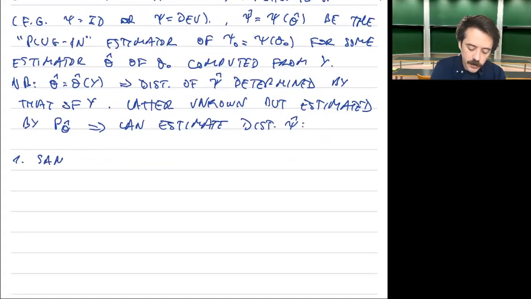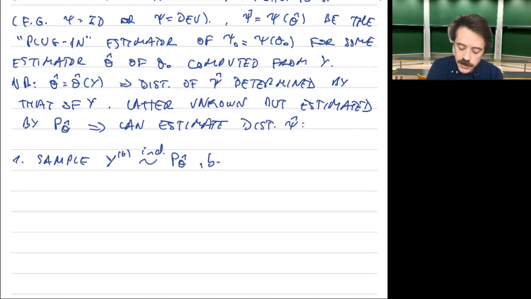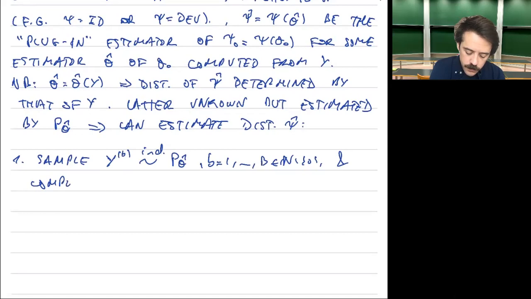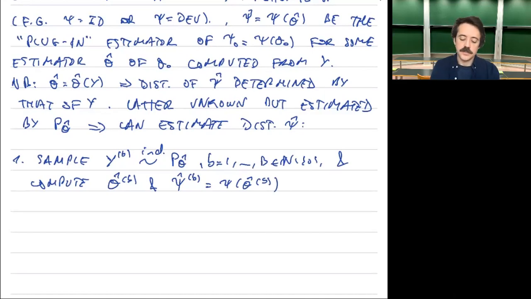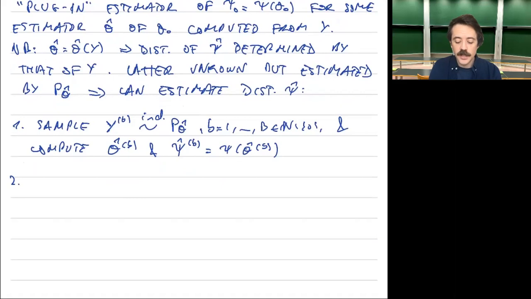So first, let's sample some new sets of data, independent sets of data, and these are going to follow precisely this distribution, right? And this is for b from 1 to some capital B in the natural numbers, and we compute the estimator for each of them. And also let's compute this psi hat that is going to depend on the set of data, and which is simply given by the image of the estimator. Okay. So now that we have that, we do this for b from 1 to capital B. So we have a set of values for this psi hat, and therefore the law of this psi hat